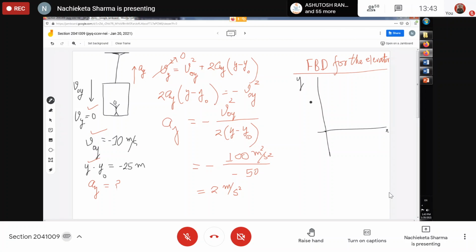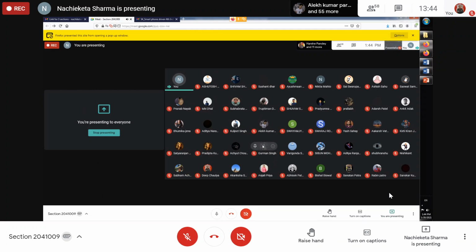Then I will show the weight of the elevator. What are the forces that are acting on the elevator? Because the elevator has mass, the earth is pulling it down. So I can show the weight of the elevator. Then the rope is pulling the elevator upward. So that is what is called the tension. Now, can you say whether they will be equal or different? The T vector and the W vector, will they be of same length or different length?